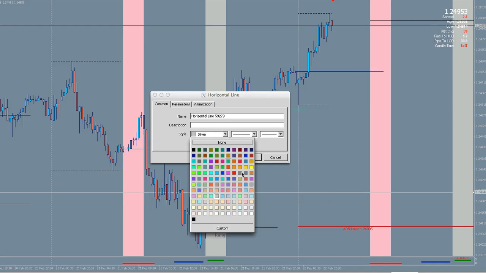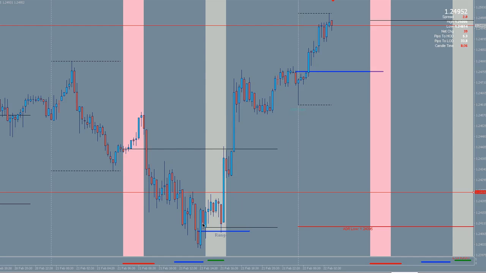Just change the color. Say like none of this was here, all the grey wasn't here, and price was there. So it rallied up, this line rallied up with price, because it is price, and then